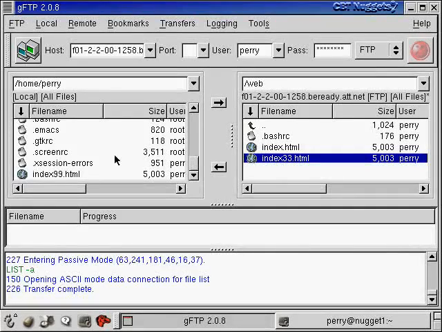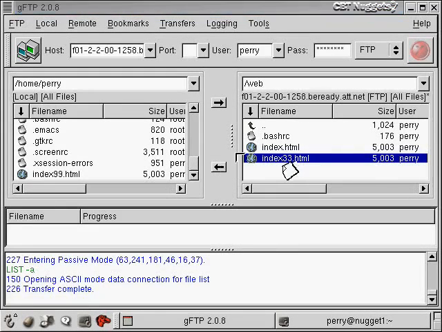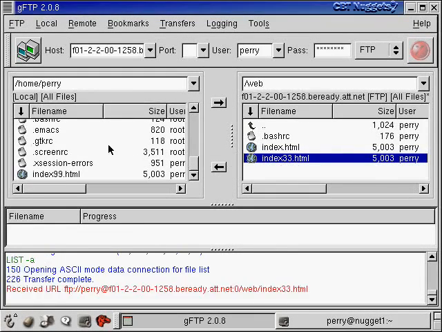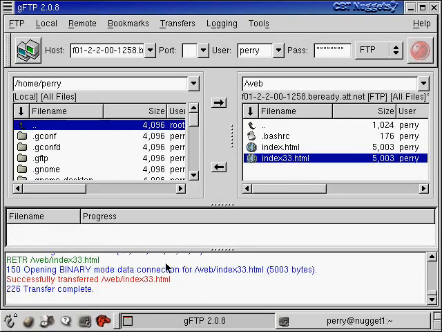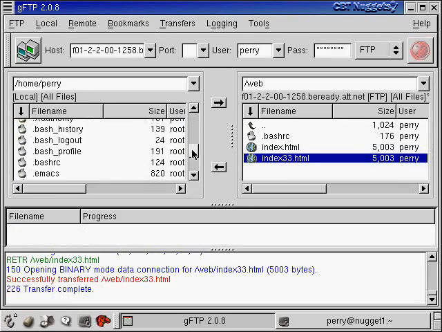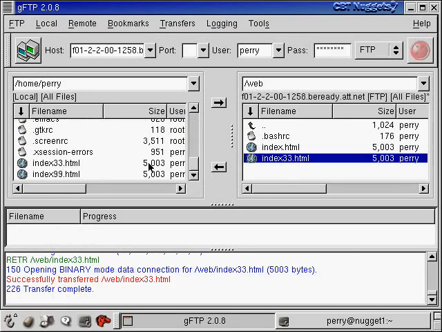It, and I could drag it over. I could click this button or so on. I'm just going to drag and drop. So I'm going to drag it over and drop it. And now down here it's saying, okay, the connection's finished. Here it says the transfer was complete. And if I look down in my list here, you'll see there's the index 33 that I just brought over